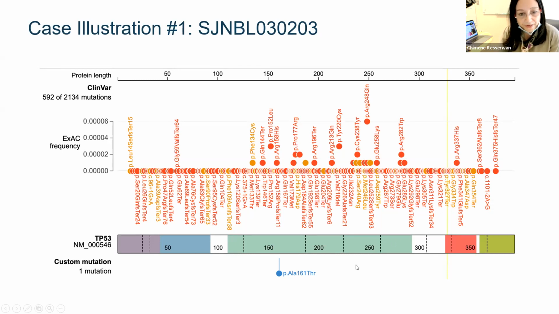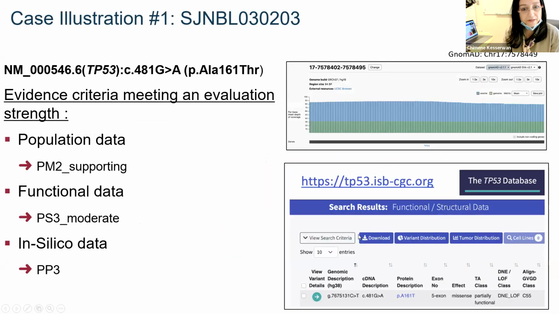So back to our variant. Our variant is here. So you can pull your variant and place it through this website. This is the variant here, and it is in the DNA binding domain, right? So now let's start with curation based only on the germline. We follow the Richards et al. paper. Population data: we looked at gnomAD, and it is absent from the gnomAD population, and so we gave it BS2 supporting. We know that ClinGen has recommended to downgrade the moderate to supporting level for the population data. Then the functional data,